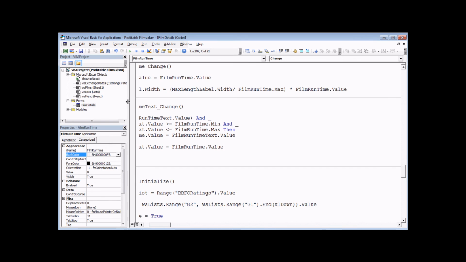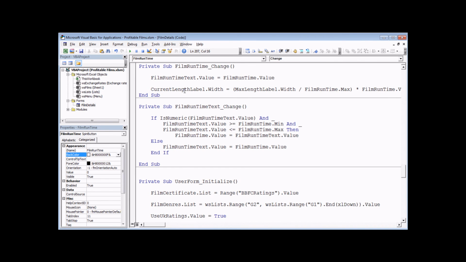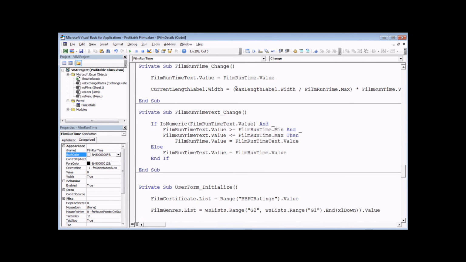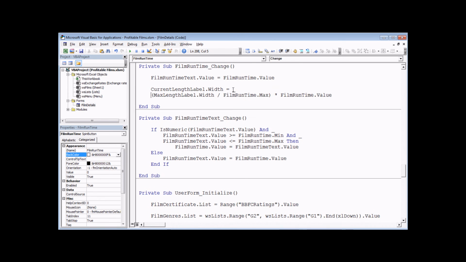And that will be enough to calculate the width of the spin button. Calculate the width of the label. So I'm just going to split this across multiple lines so we can see it in one single screen width. There we go. And then we can give this a quick simple test just by heading back to Excel,